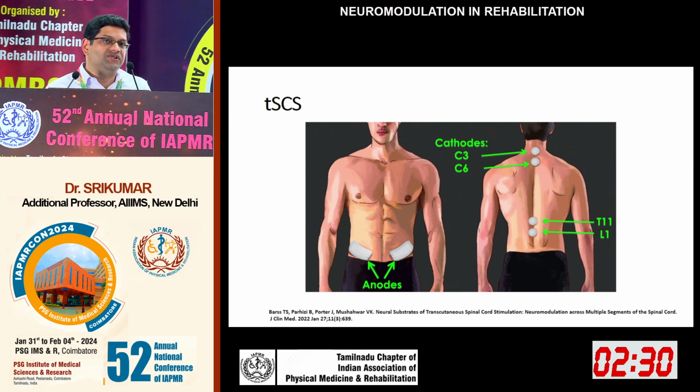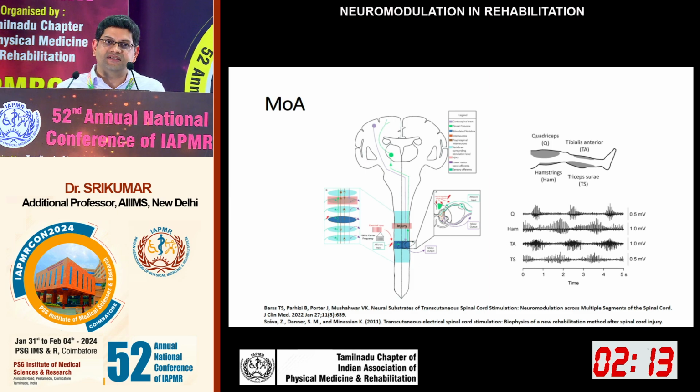Abhishek also when the lecture was going on. The transcranial stimulation is now coming into more and more research, in which the cathodes are placed at the C3, C6 level or at the T11, L1 level, and the anodes are placed anteriorly at the iliac crest level. And transcranial stimulation, how it works is that here the intensities are larger, and thereby when the dorsal